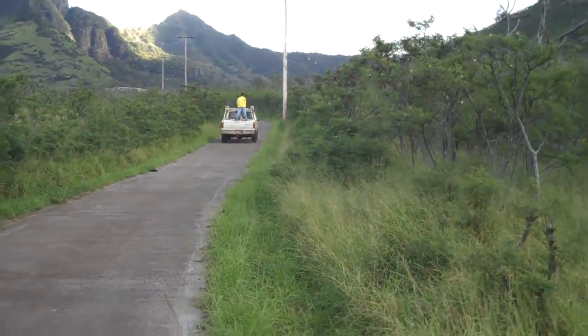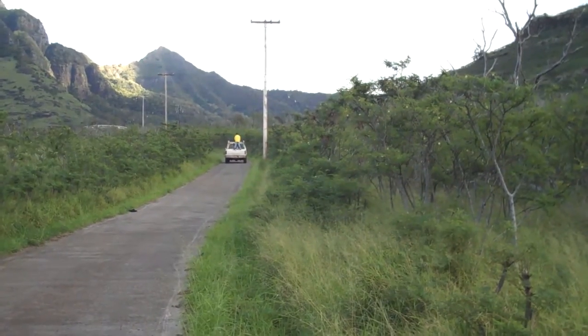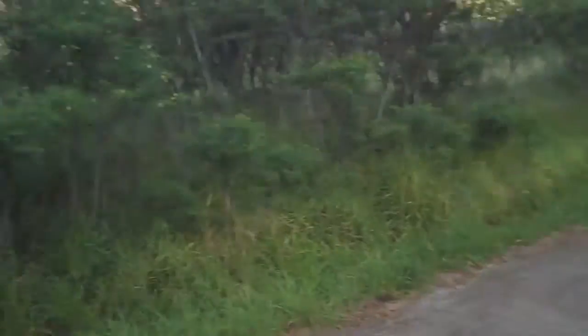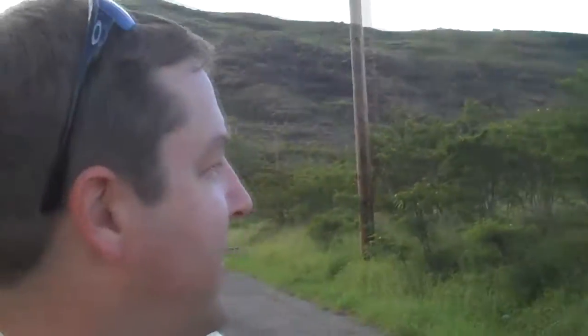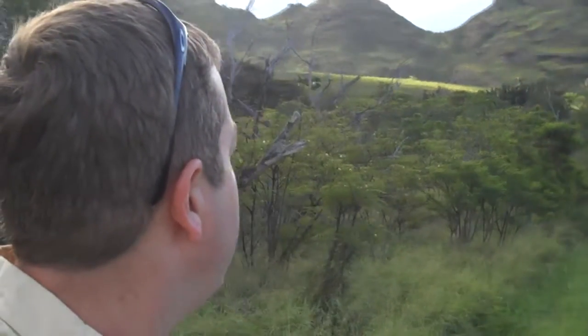Here I am, just up the trail, going to Ka'ala Peak. It's the highest peak on Oahu. I just got passed by a truck, and somebody knows I'm out here, so that's good. But starting up the trail to Ka'ala Peak, and this